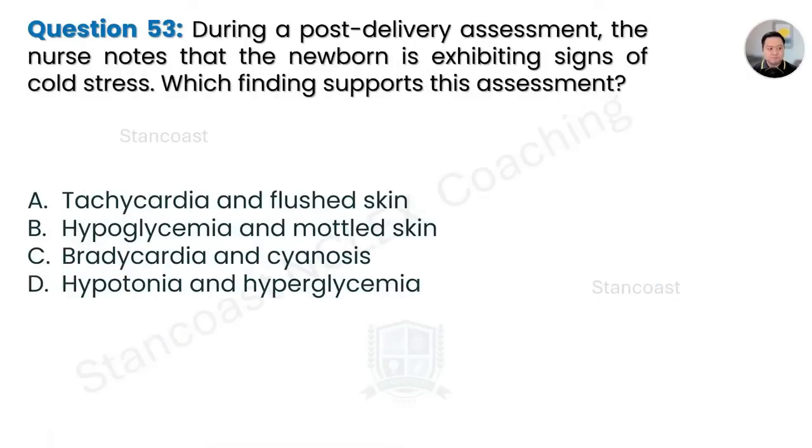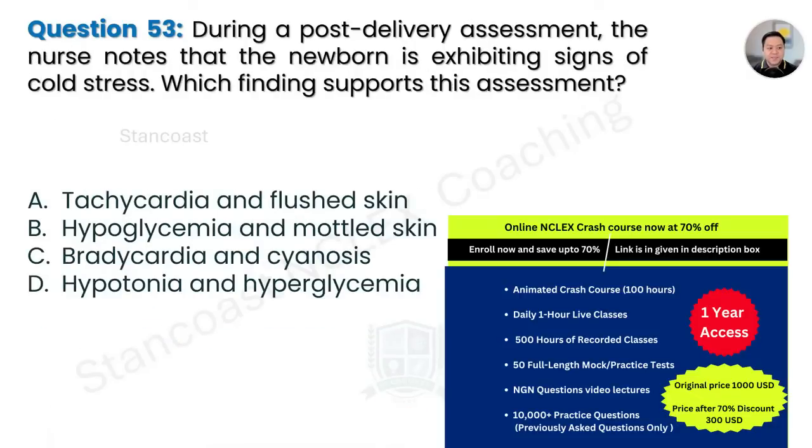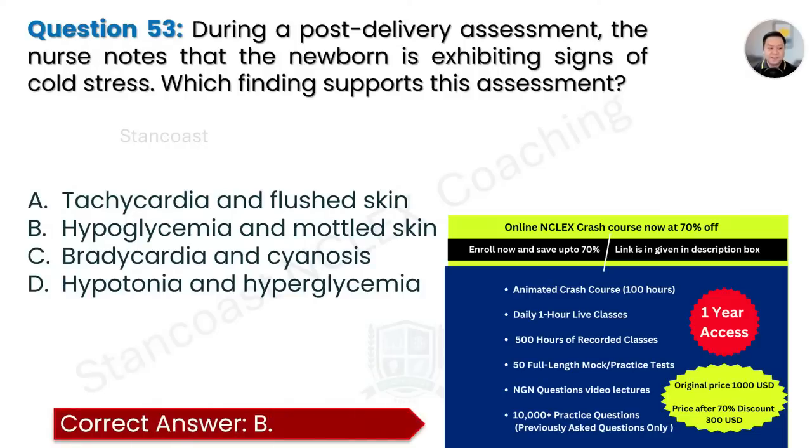53. During a post-delivery assessment, the nurse notes that the newborn is exhibiting signs of cold stress. Which findings support this assessment? A. Tachycardia and flushed skin. B. Hypoglycemia and mottled skin. C. Bradycardia and cyanosis. And D. Hypotonia and hyperglycemia. The answer is letter B, because cold stress leads to increased metabolic demands, can result in hypoglycemia